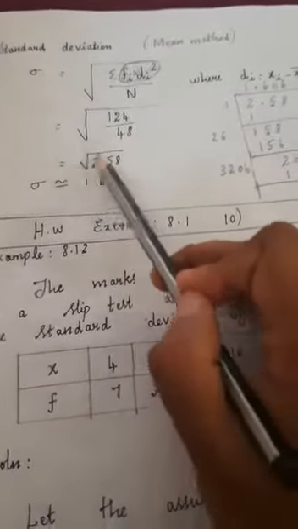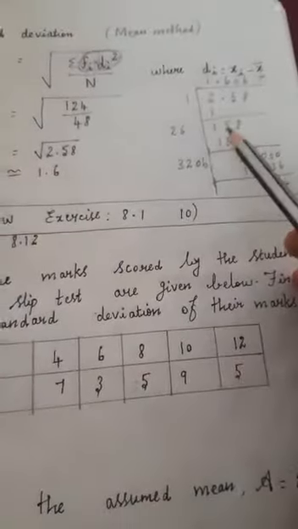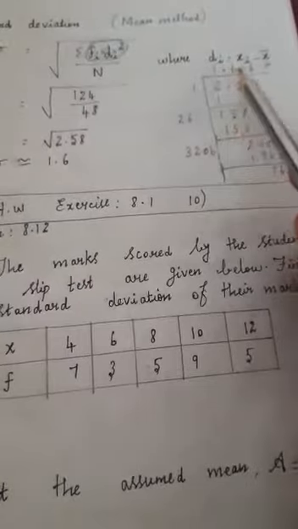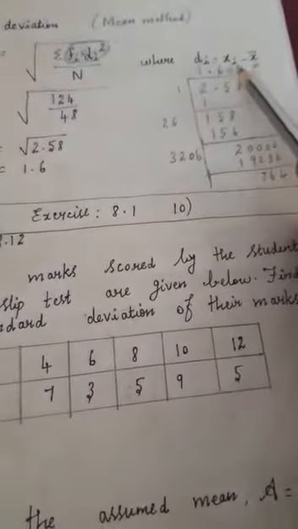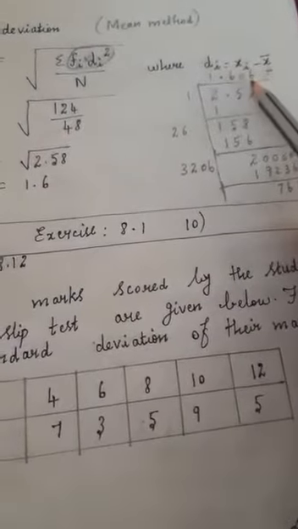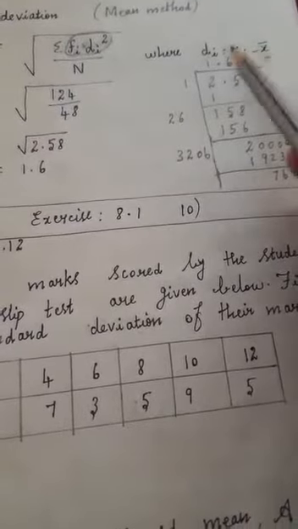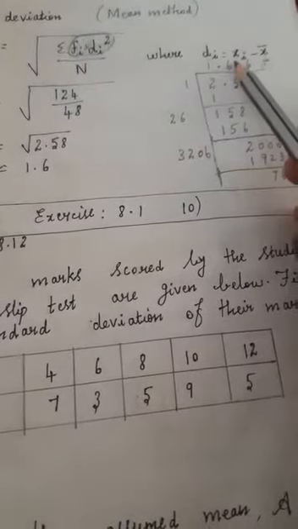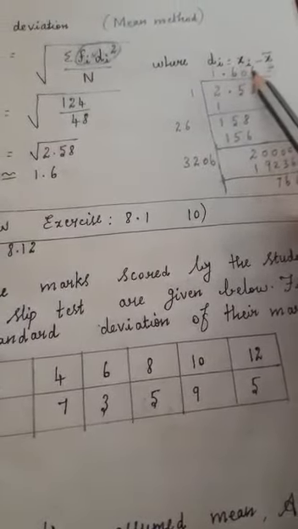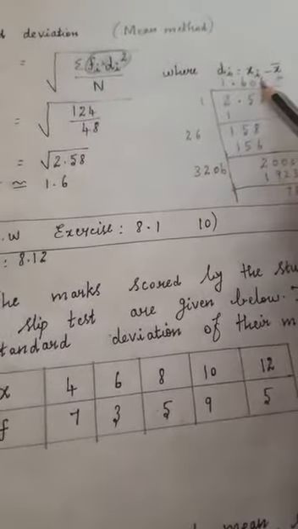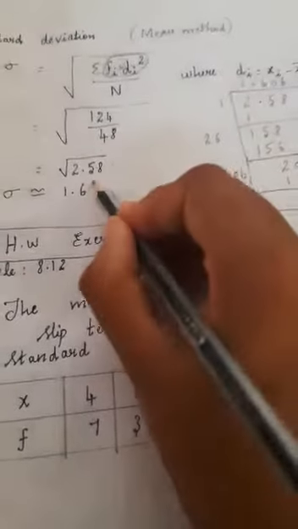Then afterwards take the square root of this. Already in many questions we have explained how to find the square root. So this is the answer. You have to find it up to 3 digits. If the last digit is 5 or more than 5, you add one to the previous digit. So you can write 1.6, or otherwise if you add one here, 1.61, either way you can write. So that is the answer. Thank you.